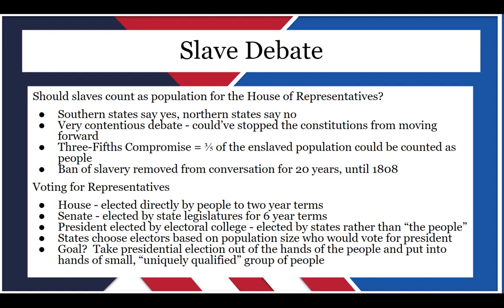Okay, so why did they do this? The goal here was to take the presidential election out of the hands of the people. Remember, I mentioned in the last video, there was starting to be a bit of a move to conservatism. A lot of the founding fathers were starting to really question, we don't want to overthrow the status quo. Is it really a good idea to let too many people have too much equality? Remember, the political leaders are usually wealthy merchants and planters, and they don't want to overthrow everything. They don't want to turn everything upside down.